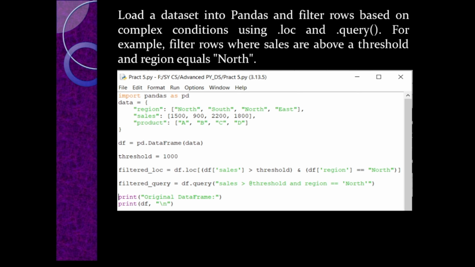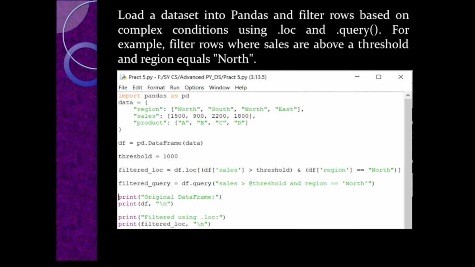Next we have print original data frame, print df, which is the entire data set. Print filter using .loc and print filter_loc. So the filtered data which we have created is going to create a variable for filter using .loc and will display only the filtered rows.